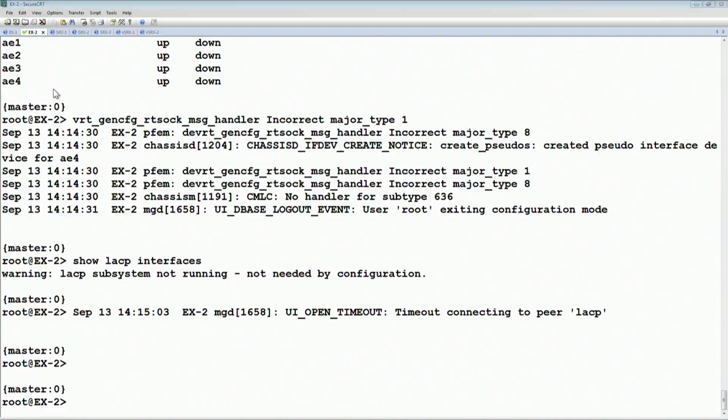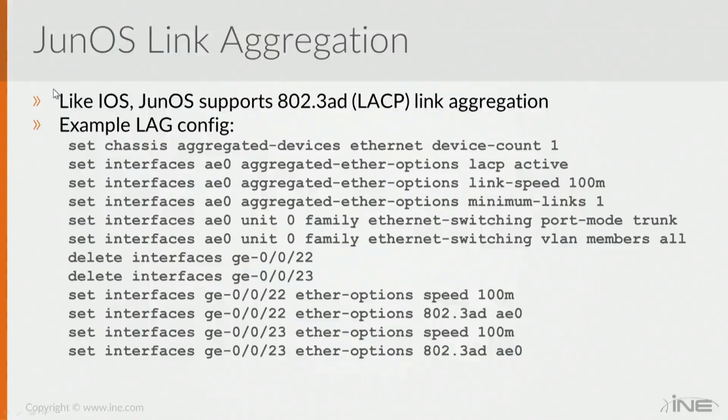Okay, so next we're going to go to our member interfaces and then essentially assign them to the lag. There are 2 different sections here: the physical link, which is the member, and then the actual lag interface itself, which is, in our case, AE0. Technically, it could be anything AE0 through AE4, which we defined. But again, the point is that you don't generate these numbers. The platform generates them when you set the device count. So in this case, under the aggregated ether options, LACP active is the equivalent of the channel mode in the case of iOS. So we would say,